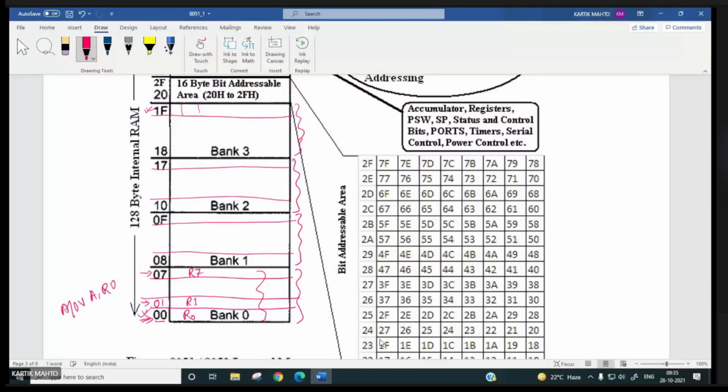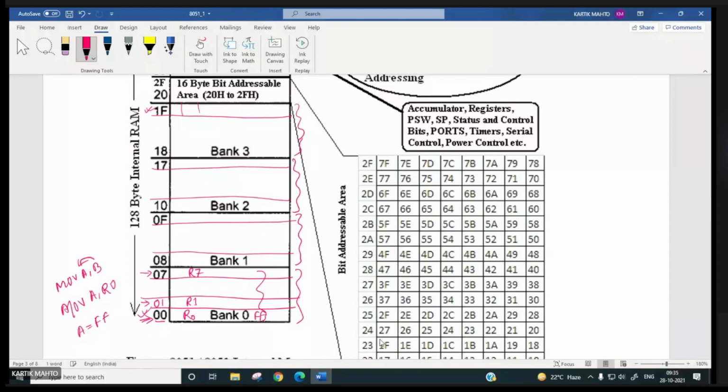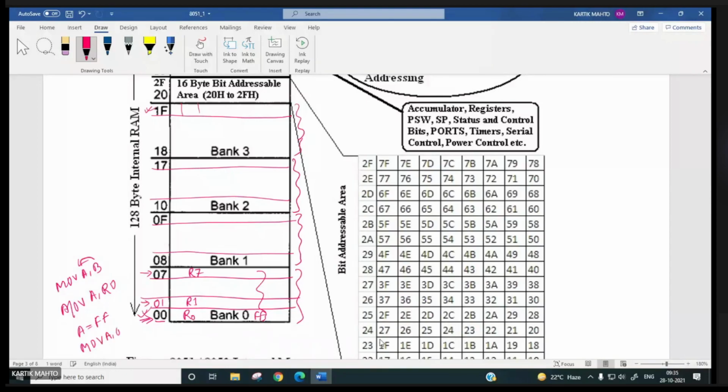Suppose in R0 we have FFH; after this instruction, A will become FFH. It's similar to MOV A, B, where B's content is copied to A. This instruction is also there: MOV A, 00H, where this is the address. Again the content of location 00, FFH, will be copied to the accumulator.